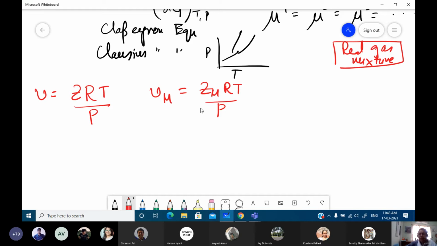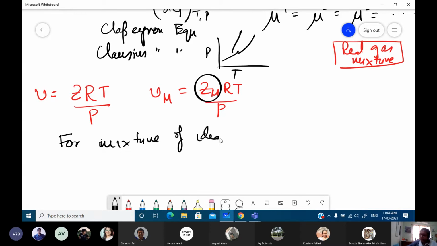Okay, fine. So the only thing is that when you are dealing with mixtures, to find out the molar volume, you need some way to estimate the mixture compressibility factor for that particular mixture. Now there are different particular ways. Remember one thing, for every particular thing we resort to the ideal gas equation. So suppose we have a mixture of ideal gases.